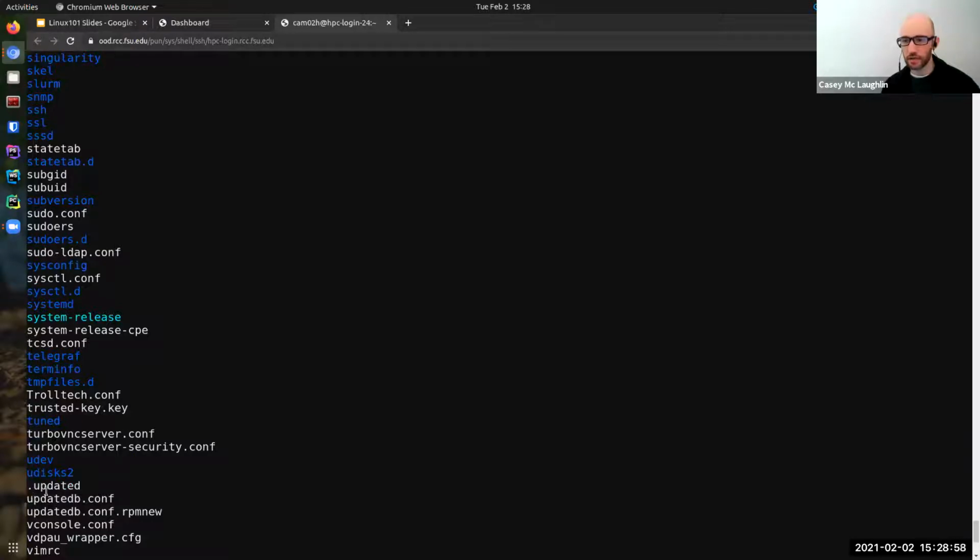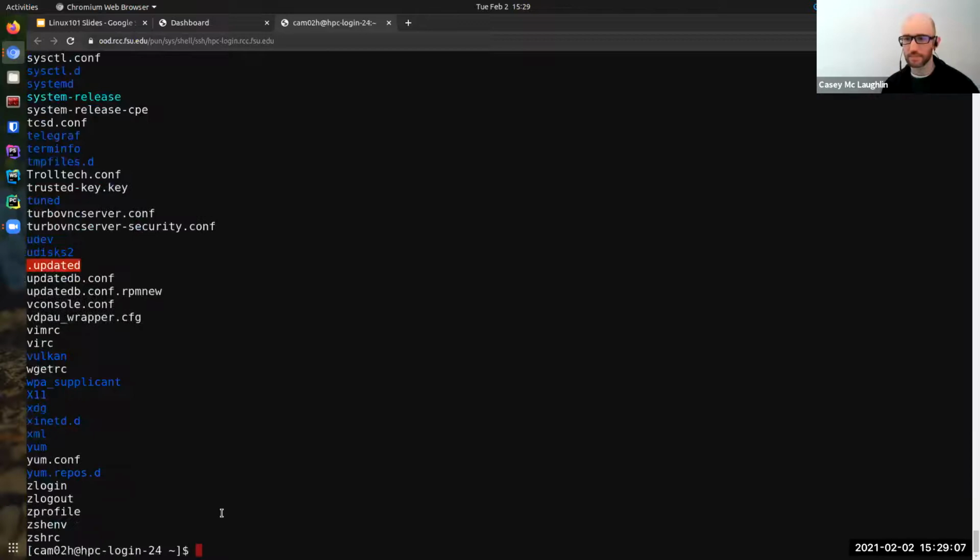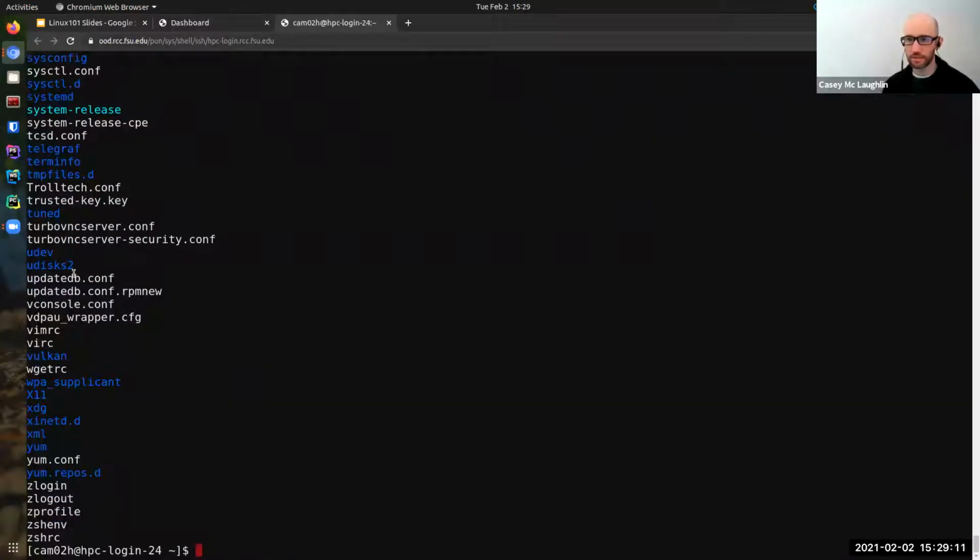And you'll know a file is hidden because it will begin with a dot, like that. If we go back to the prior output, notice that it is not in the list.